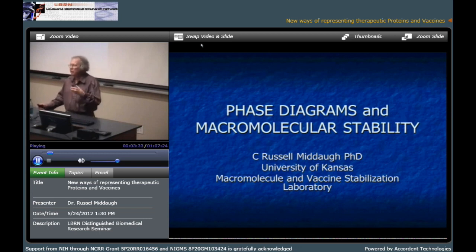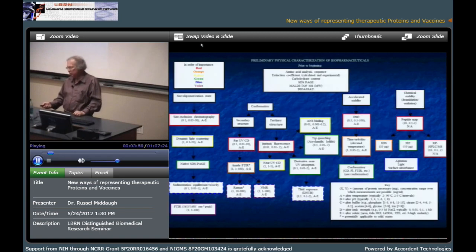Now, if you want to develop a protein as a drug, or a virus or a peptide as a vaccine, you're faced with the problem of maintaining its structural integrity. I'm going to skip a lot of slides, and rather than rearranging my talk each time, I just add things and then skip slides. In the old days, the way we did this is by measuring everything we could possibly measure. We still do that, but what I'm going to tell you today is we do it very, very differently.